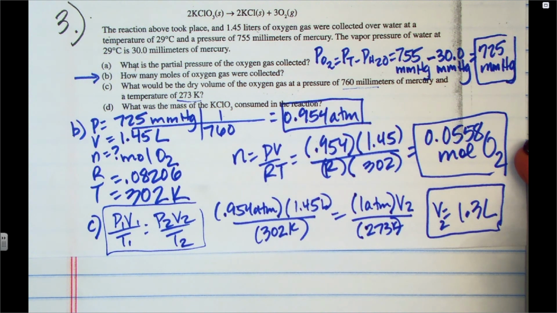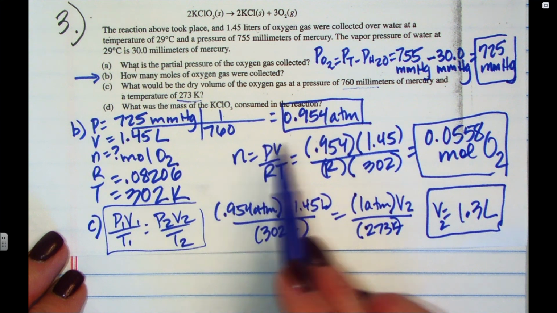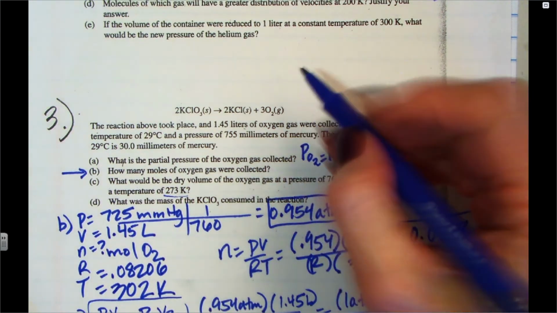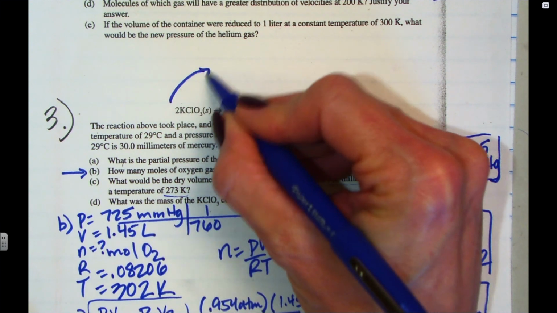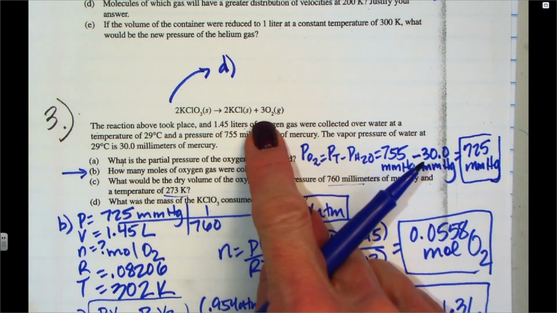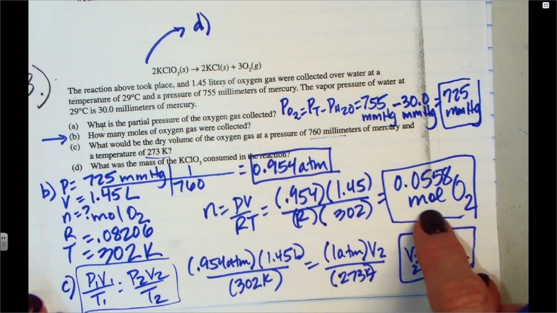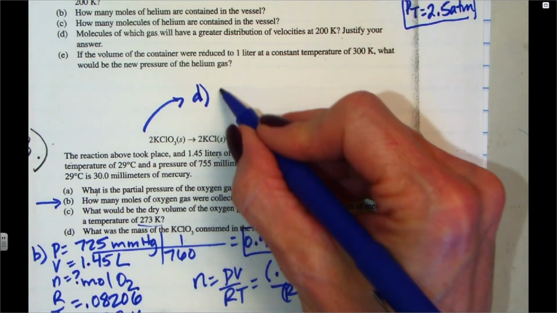All right, one last part to do. Part D. What's the mass of KClO3 consumed in this reaction? So I'm just going to do this up here, because I've got room up here. All right, so you've got the chemical equation. You want to know the mass. So keep in mind, we found the moles of oxygen here. So we know the moles from part B. So we're just going to start with that,